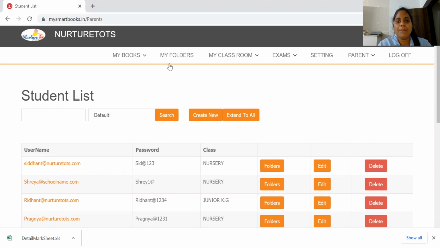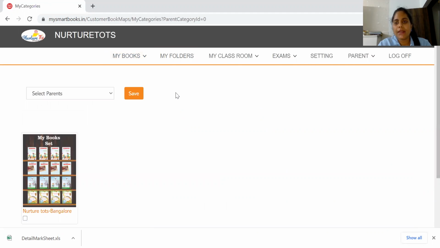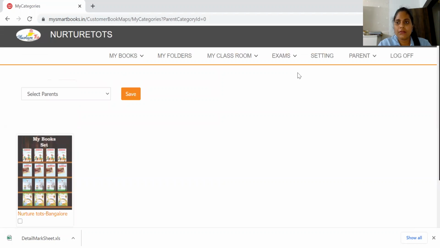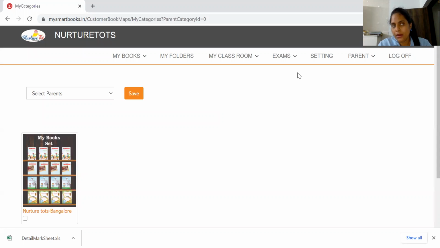share with the parents. This is how you are able to manage the entire school online and assign the books, digital books and worksheets, assignments, schedule online classes, see the exam results, upload exam results, and many other features which the students also can access from their dashboards. Like recognition, you have to give it directly in the student login.